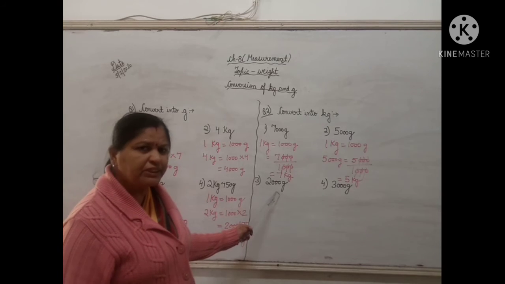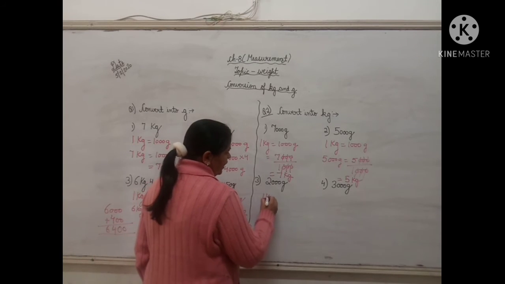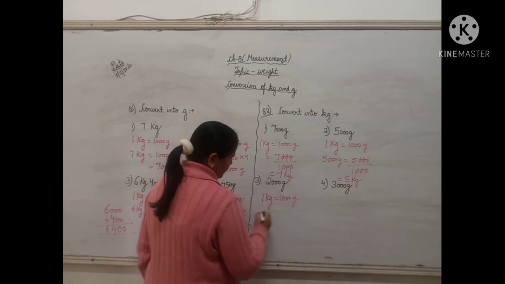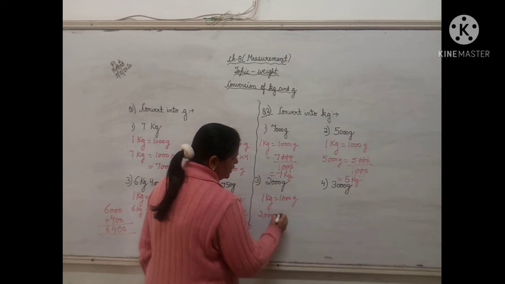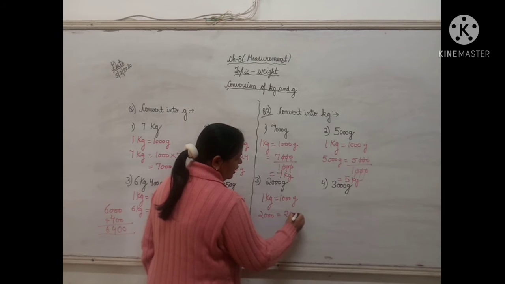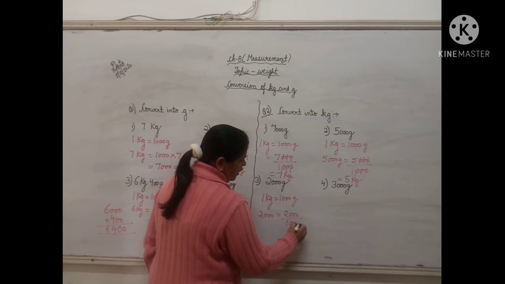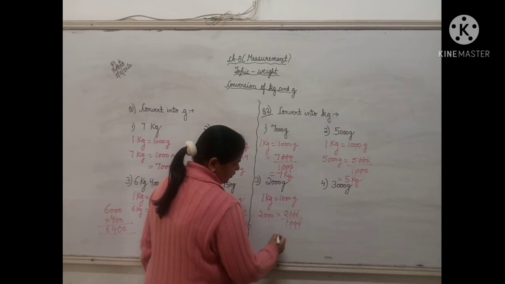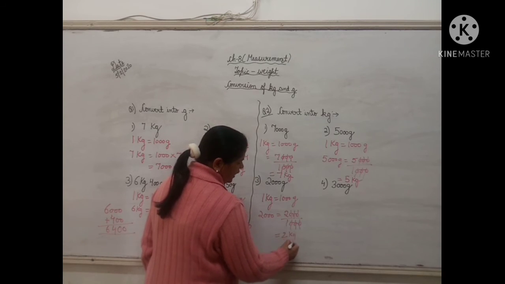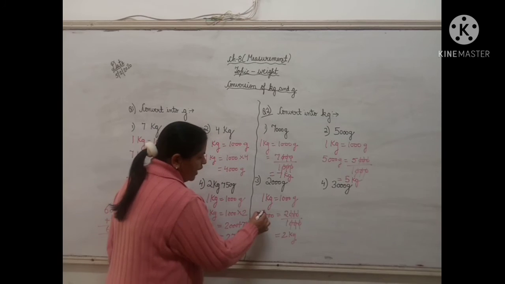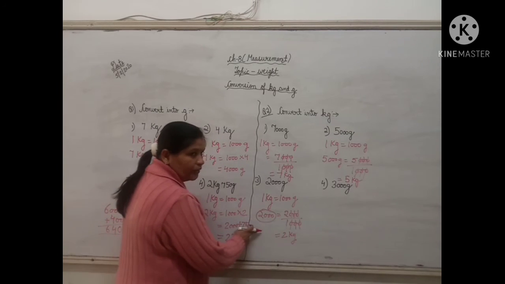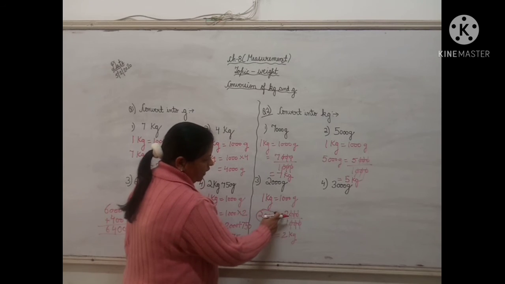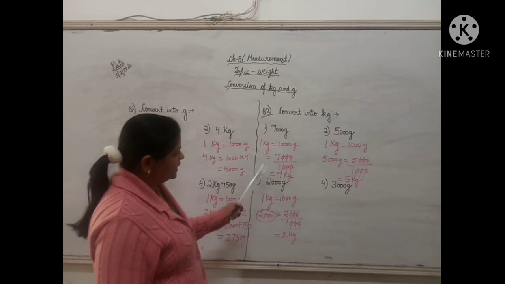Next one, the sum is 2000 gram. Again write the formula that 1 kg equals 1000 gram. So children, 2000 equals 2000 upon 1000. 0 by 0, 0 by 0, 0 by 0. What will be the answer, children? 2 kg. Children, if you do not write this, it is not important; you can directly put the sign of equal and write down 2000 upon 1000 as I have written in the first sum.